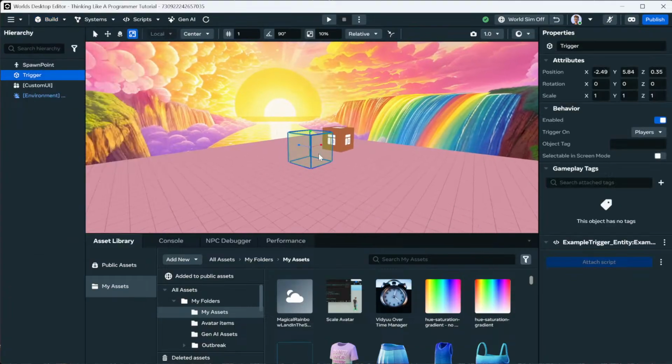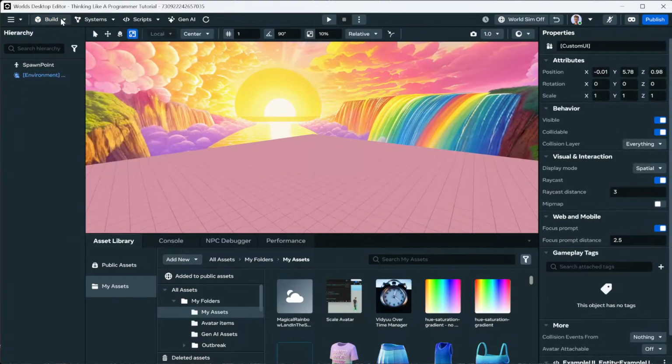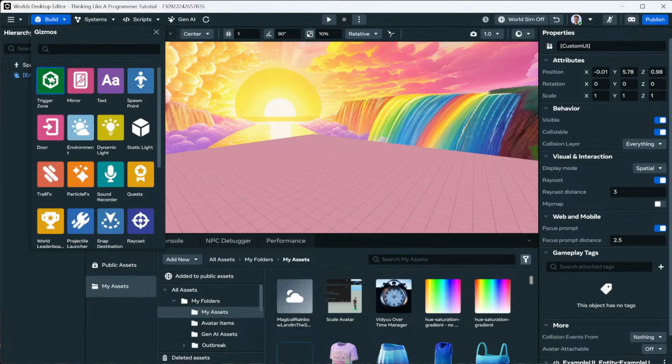We have the trigger gizmo up here. We're going to delete these gizmos, and we're going to just walk through a few of these. So trigger gizmos are mostly used for scripting. There really isn't a use that doesn't require scripting, and today we're not talking about scripting. We're going to focus on non-scripted gizmos, so we're going to skip over trigger zone. But more or less, the trigger zone allows you to know in code when somebody enters a trigger